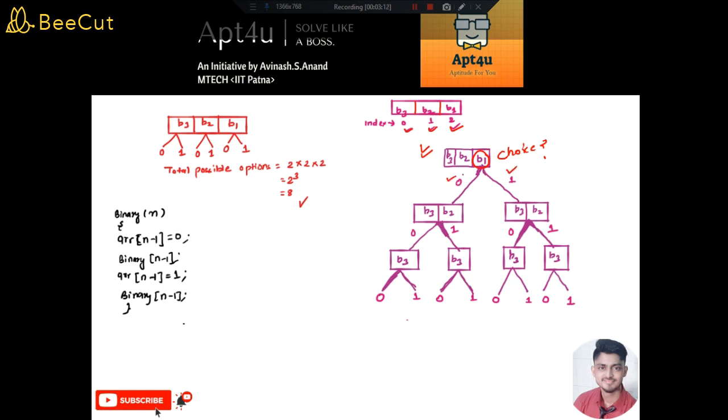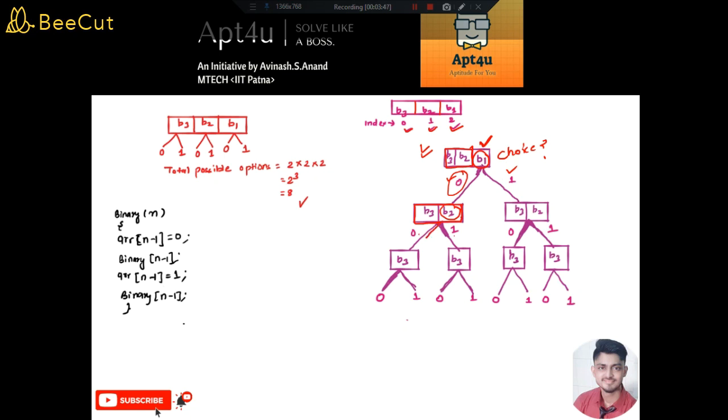Suppose I took this particular path. If I followed this path, that is if I took b1 as 0, then I have already completed the task of assigning a value to this particular cell. Now my task is to deal with these 2 cells, b2 and b3. So the problem size is reduced to b2 and b3. Now again the problem remains the same. I again have to decide what bit should be allotted to bit position 2. So again I have 2 choices to make: either I can give bit 2 value 0 or bit 2 value 1.